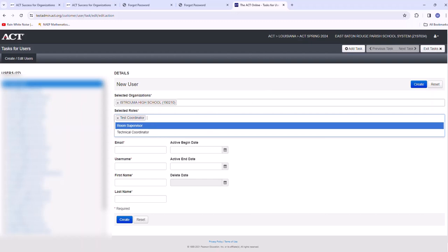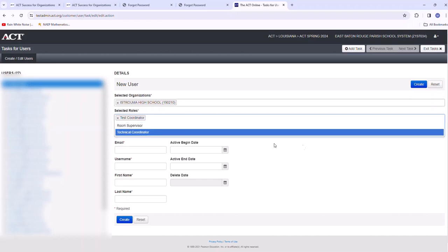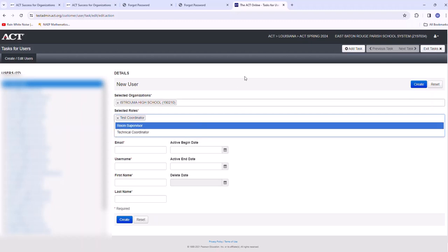Okay, so that makes sense for everyone. The charter schools, you understand what you have to do? At some point, you have to create an account and assign the technical coordinator role to whoever's going to help you with technology. For all other EBR schools, Chris Boisia does that.